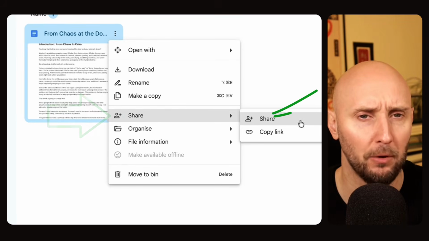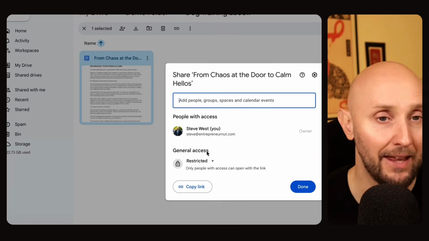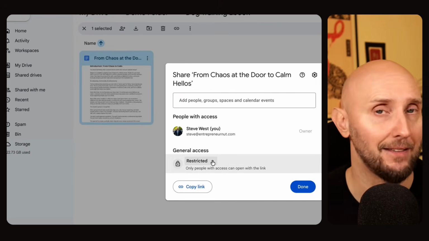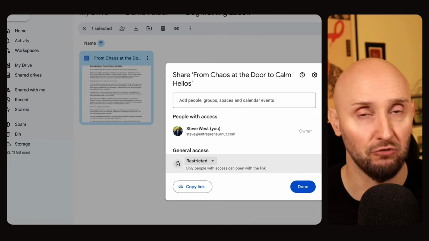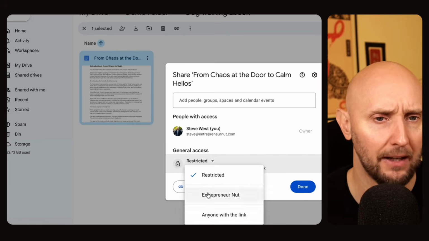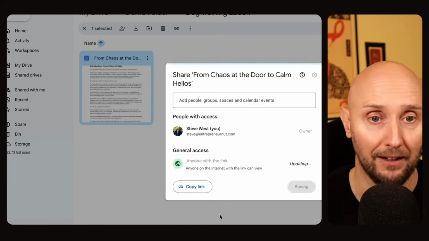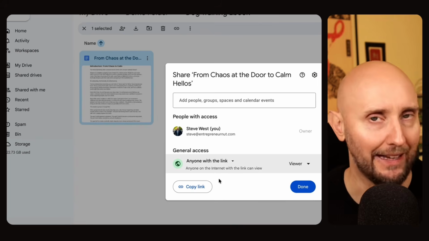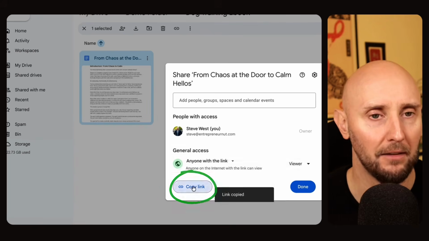We'll see a new pop-up that appears right here, click on share, and now here, general access by default will be restricted. But what we need to do in order to make this document shareable, so Designrr can then read the content and import it into an ebook template for you, you have to click this drop down and select this option, anyone with a link. Now, when you give that link to somebody, this makes the document readable and shareable with anyone with a link, including Designrr. So now if we copy this link and we head back over to Designrr,